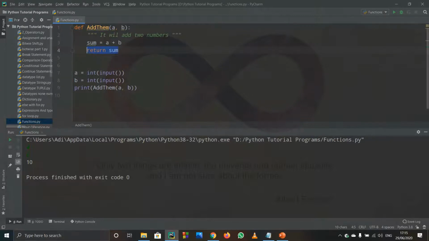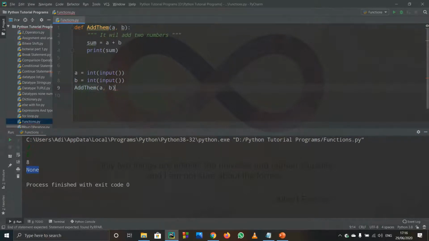What if you don't write return, and you directly print out sum? You can do this as well. But when you write print over here, because see, we printed out sum first, but again we wrote print, then when you run this whole thing and type any numbers, it will print out the sum, but it will print out None as well. We don't want this None to be printed, because this is an extra print statement. We already printed it out, so we don't want to print it again.